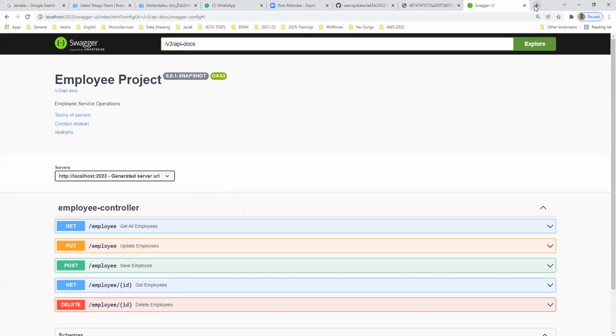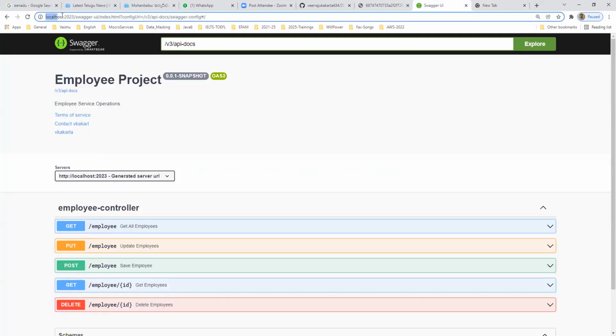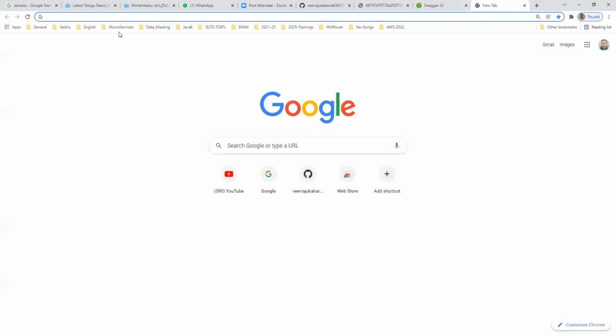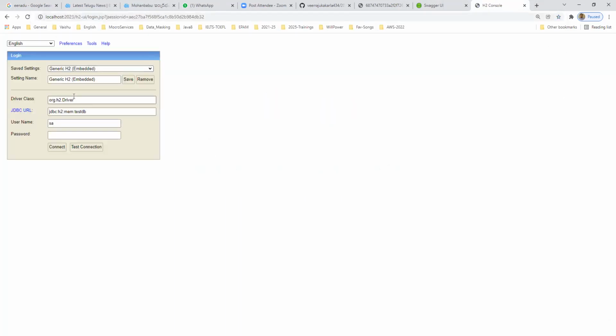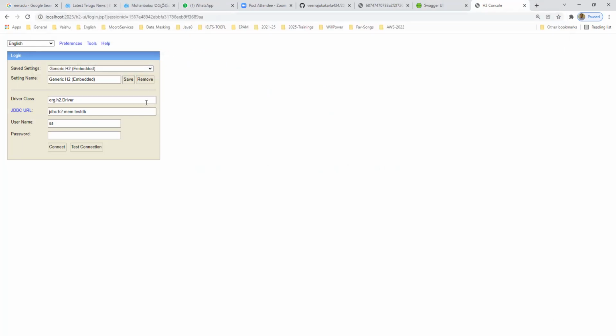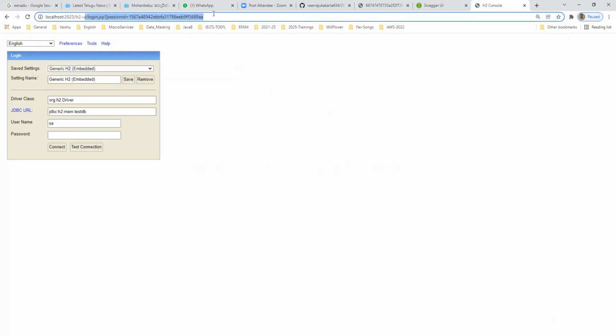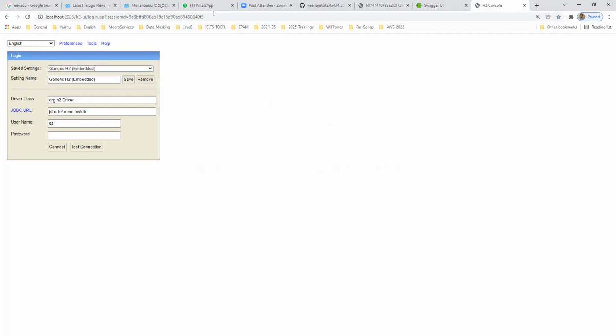So let me open our database console also. We need to take localhost colon 2023 for the H2 console. Okay, so this is the console. Initially it will come like this.